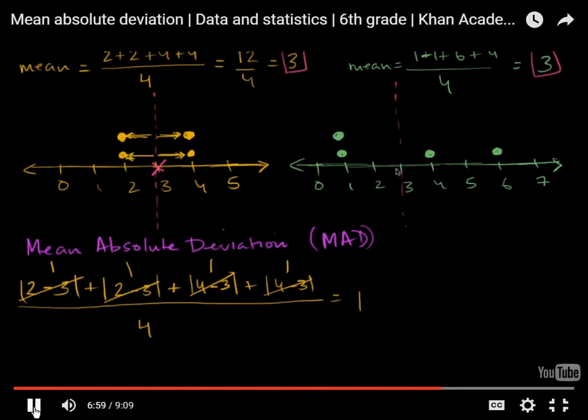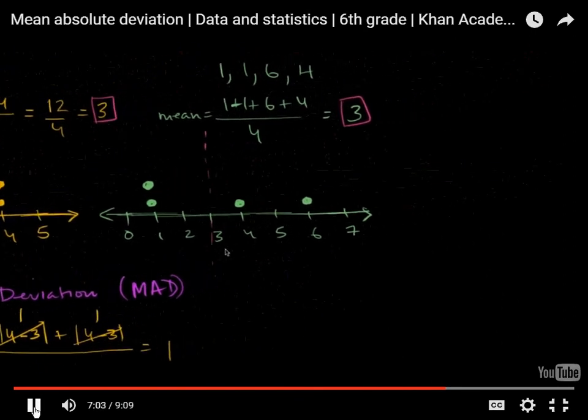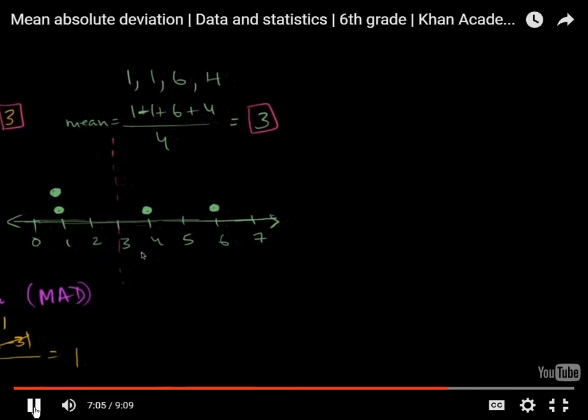Now let's see what results we get for this data set right over here. Let me actually get some space. At any point, if you get inspired, I encourage you to calculate the mean absolute deviation on your own. So let's calculate it. The mean absolute deviation here, I'll write MAD, is going to be equal to, well, let's figure out the absolute deviation of each of these points from the mean.